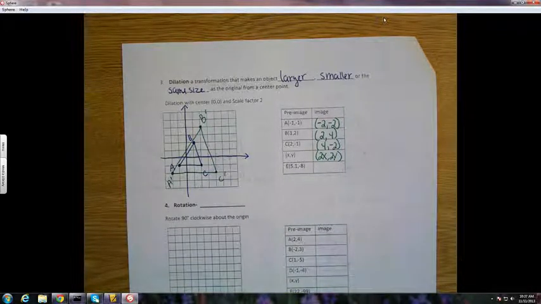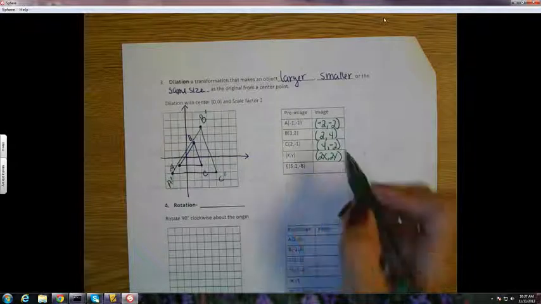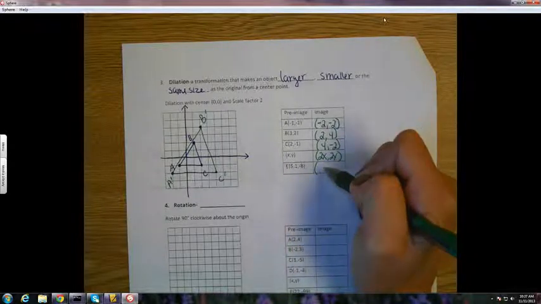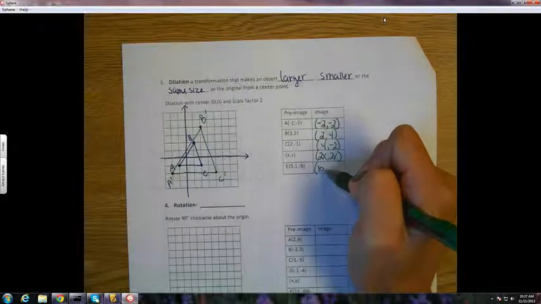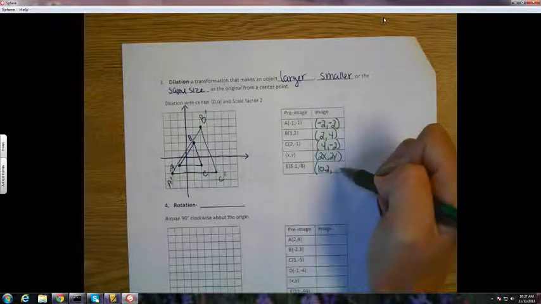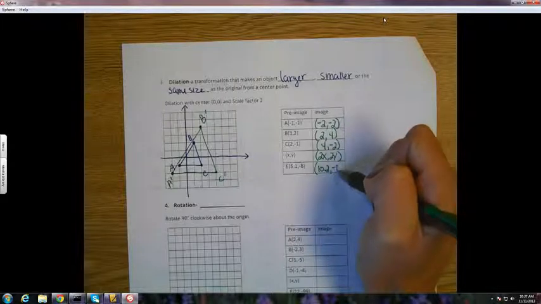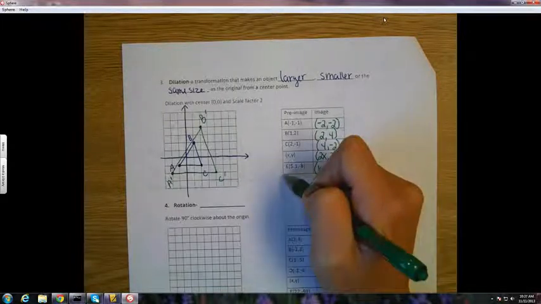All the dimensions on that triangle got 2 times bigger. Every side length got twice as big as it was. So using that rule, where will E land? That's 5.1, so 10.2 and -16. And I forgot the last little box here,